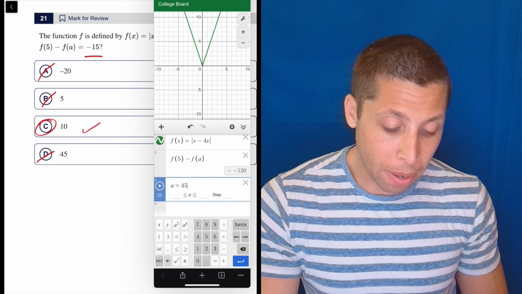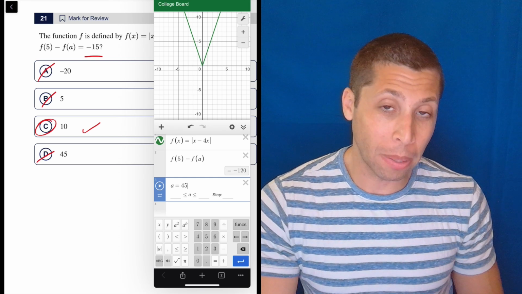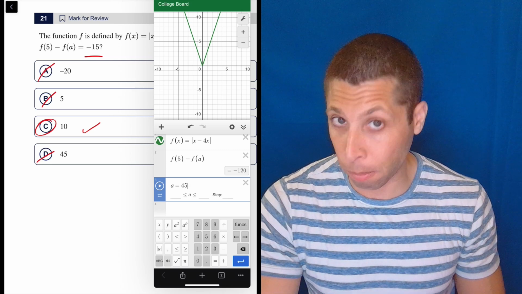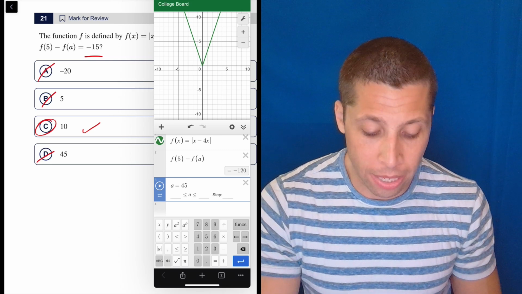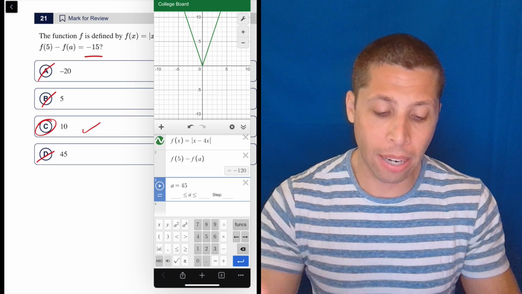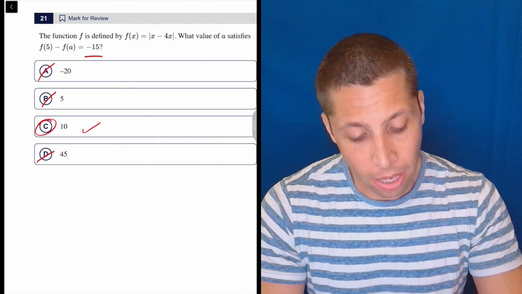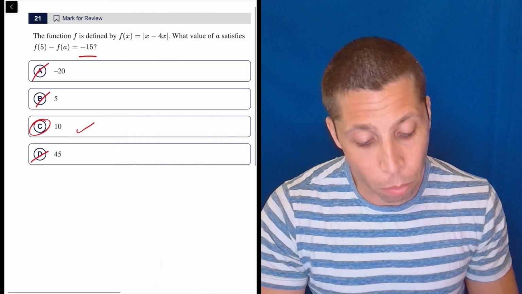The only thing I might do differently is I am a little bit more traditional sometimes. I might have guessed and checked this more manually and just put in the 10 and solved it myself. But I don't think that's necessary. But just to show you what would happen, right? So